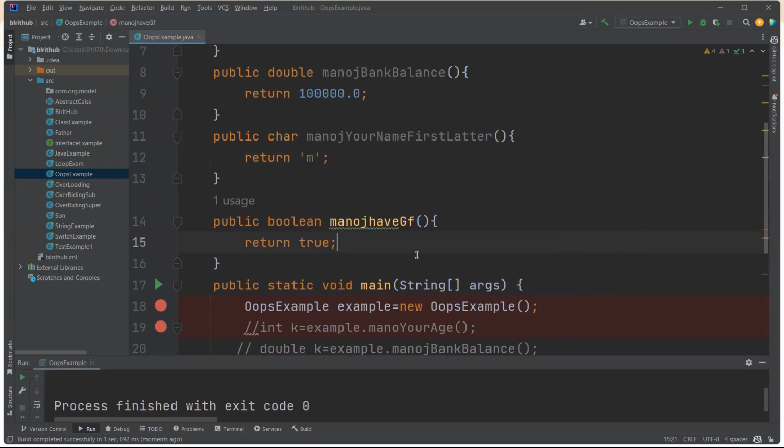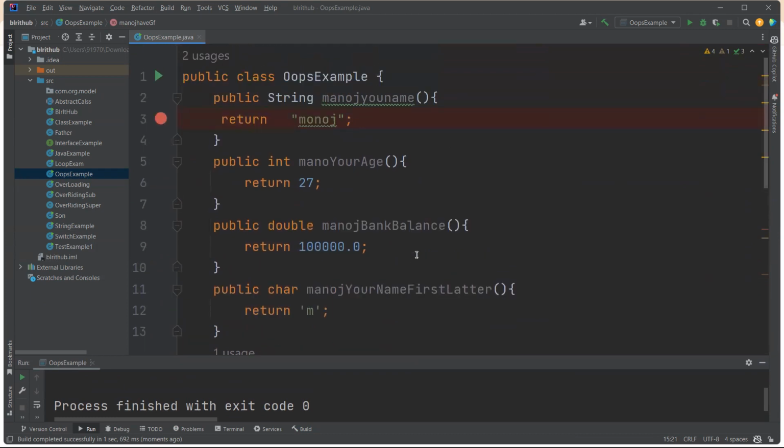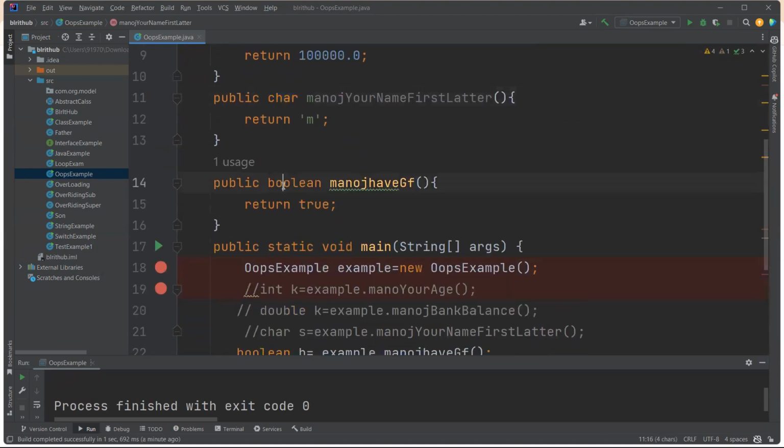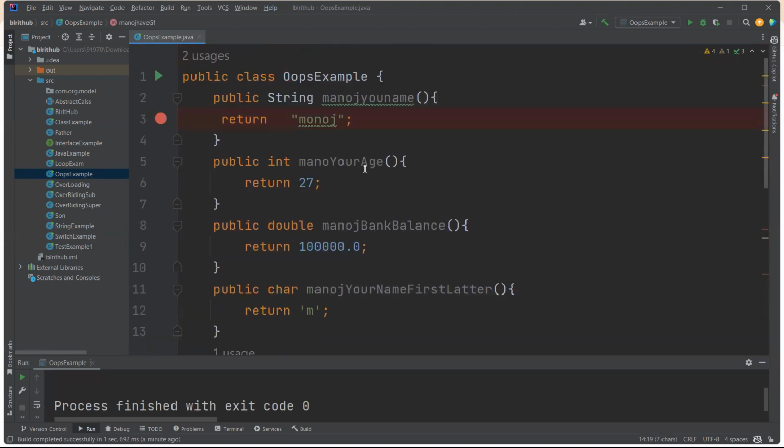Now some people may ask, "Tell me all your friends from childhood." Then it's not possible with string type, because it's all your friend names from childhood. It's not possible with integer type, double type, character type, or Boolean type. It's possible only with a collection type, that means list or set or map. That time you can use List of,